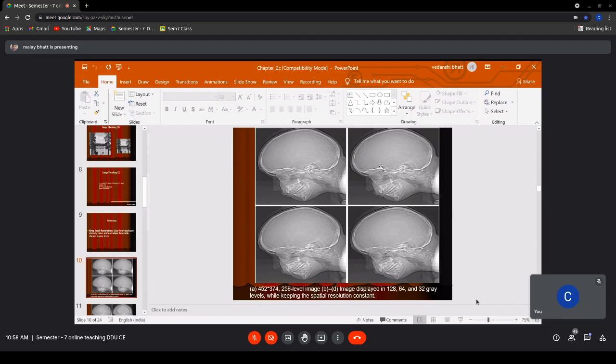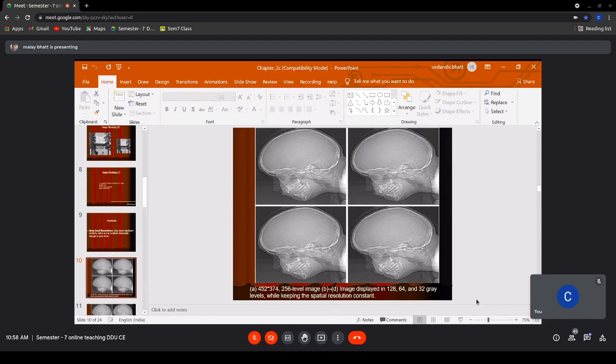So as you reduce the number of gray levels, it will include false contours, right? Up to some level of gray, you cannot visualize the change.